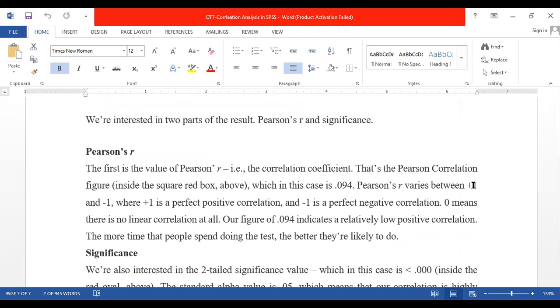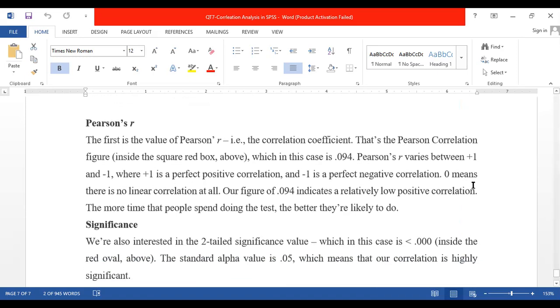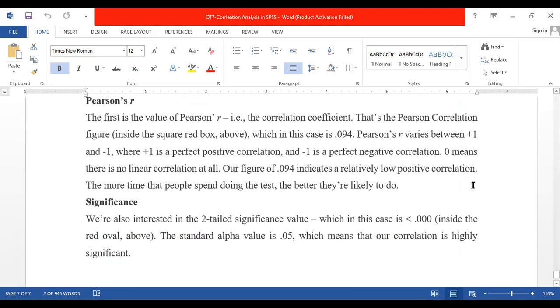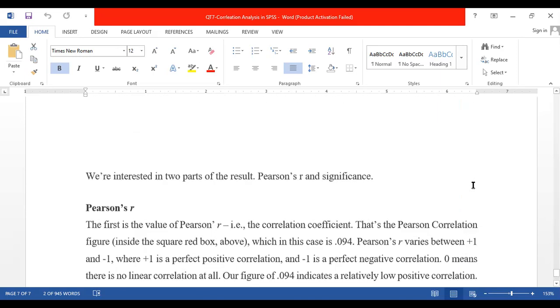So that's why, with the indication of sign and with the indication of p-value, we can say that there is a positive correlation, but that correlation is relatively very low. On the basis of p-values, we can analyze whether these values lie within the acceptable limit or not.